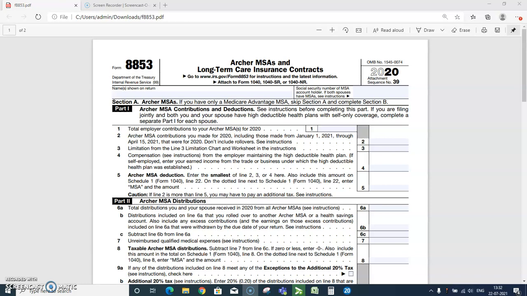Now coming to qualified medical expenses. Generally, qualified medical expenses for Archer MSA purposes are unreimbursed medical expenses that could otherwise be deducted on Schedule A (Form 1040). Qualified medical expenses are those incurred by the account holder or the account holder's spouse or dependents. Amounts paid for menstrual care products shall be treated as paid for medical care.